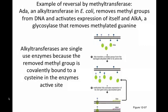So you'll have your methyl groups added to your DNA, and this isn't the kind of methylation that we've been talking about with silencing or all that. This is methylated guanine. Okay? So what kind of methylation are we normally talking about with silencing? Cytosine, methyl cytosine, right? So this is different, this is O6-methylguanine. So you'll have your methylated guanines, and then Ada is going to bind to and transfer a methyl group from the DNA to its own active site. And then it is able to go bind and activate expression of its own gene and the related gene, a glycosylase, alkB and alkA. So that's kind of cool, right? That's that kind of positive feedback, I guess. So it's a single-use enzyme because the removed methyl group is covalently bound to a